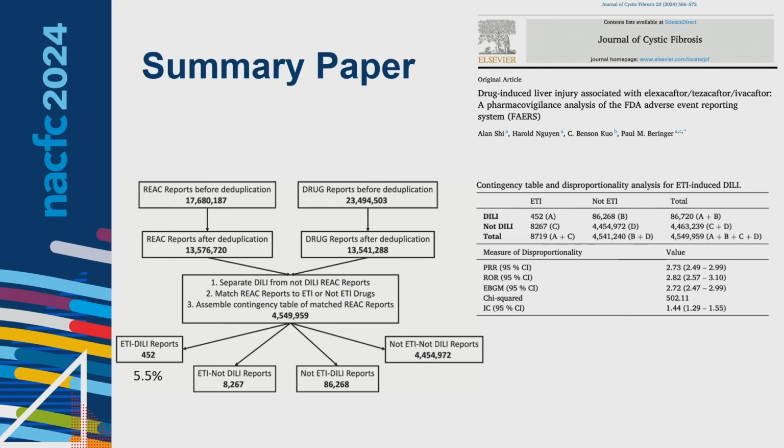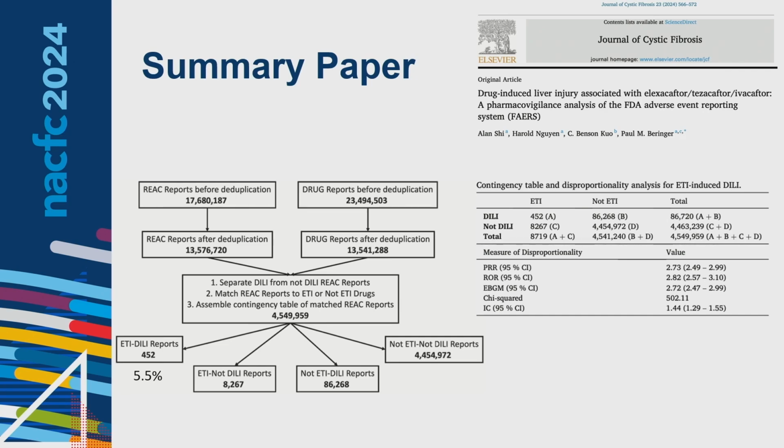And then the last thing in this area I want to talk about is we do have some data from the FDA. This is a very complex process. I'm not going to pretend like I fully understand it, but they basically take over 4.5 million reports of drug injury. And of those, they could break them down into 452 that they could attribute to ETI. So about 5% or 5.5%. And they're able to do these statistics over here in the bottom right corner. I lost my cursor. For this PRR, ROR, this Bayesian marker, and this IC, any number that's over 1 and statistically significant tells you that there is an association of this drug with drug injury.